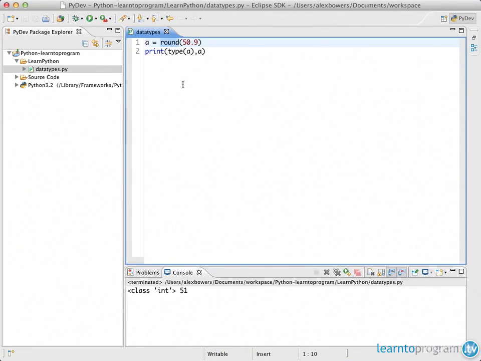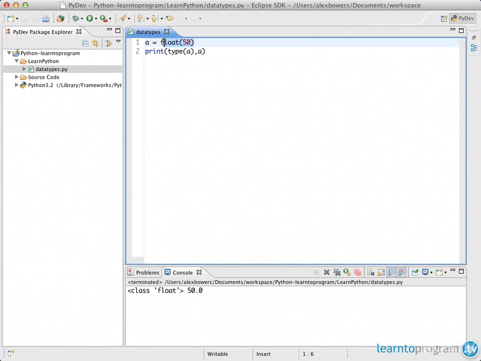So there are math functions available which we will be covering later on again in the course. But because you can do the typecasting of integer, that also means you can do the typecasting of float. So if you were to have 50.9 and run that, it would stay at 50.9. If you were to get rid of those two digits, it would come up as 50.0. So now that you can typecast between float and integer, you can control the way in which the application runs,